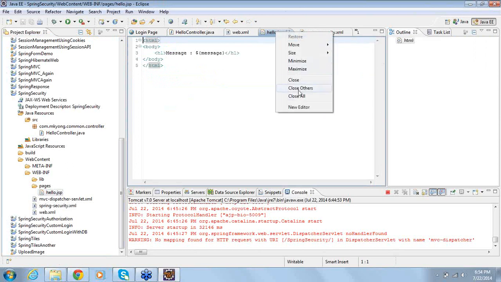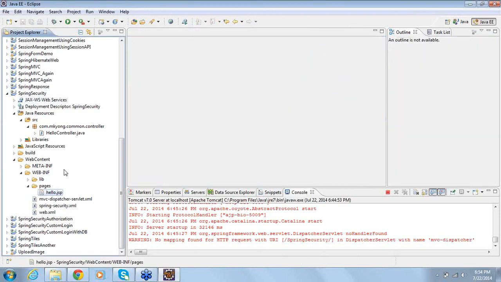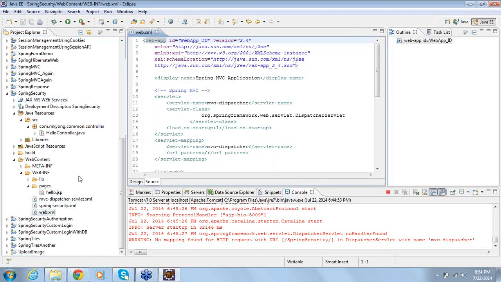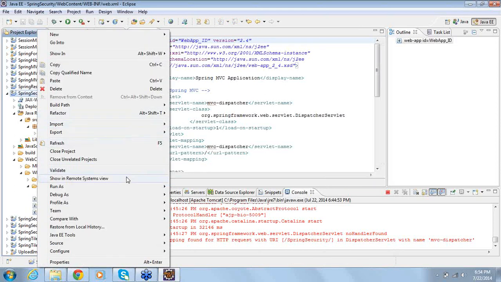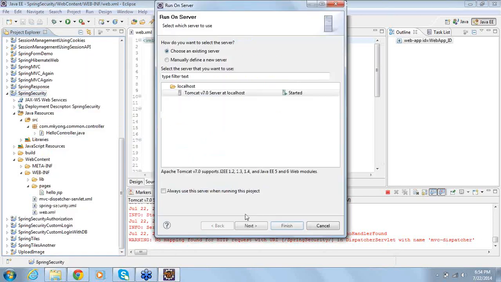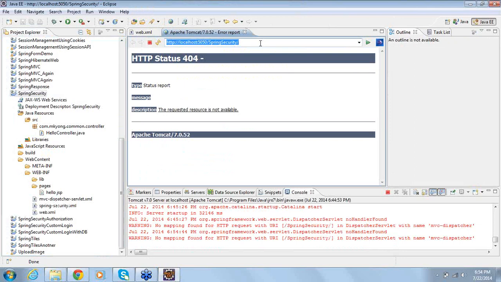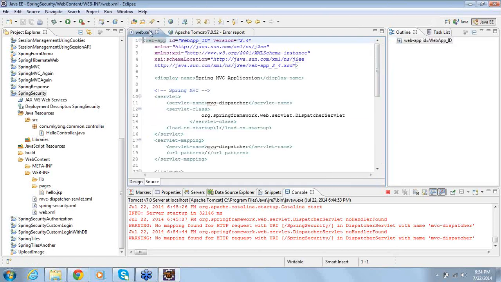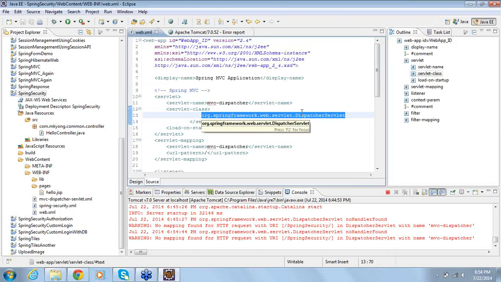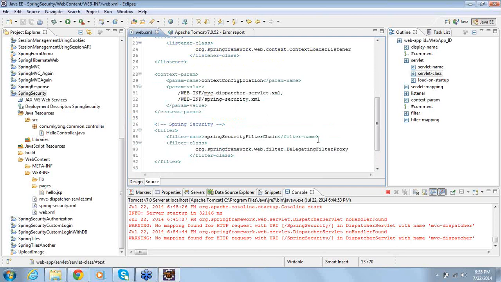I reiterate the flow again. According to the web.xml, right, you have what? You don't have any welcome file. Since there is no welcome file, I am typing the URL. So whenever it sees this URL, what happens? It is expected to go to the dispatcher servlet. But since we configured a filter, it goes to the filter first,